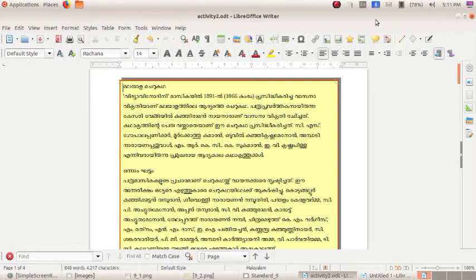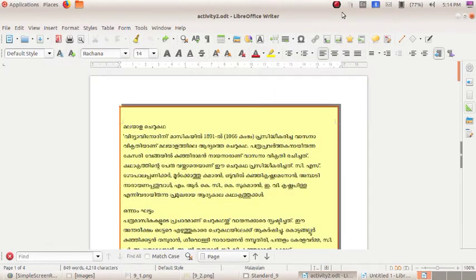Now you are going to insert the header and footer. Activity 2.4, insert header and footer. Open your textbook and look at the top and bottom portion of each page. You can see the header and footer here.